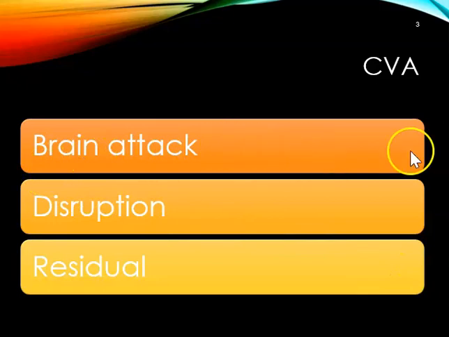And because we're talking about a brain attack, we want to intervene early to help maintain that brain tissue. This is also called a CVA, or cerebral vascular accident. When this occurs, there's a disruption in arterial cerebral flow, and that is secondary to either ischemia, hemorrhage, or embolism. This is a medical emergency in which neurodeficits result from a sudden decrease in blood flow to a localized area